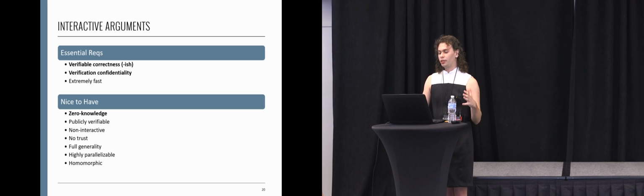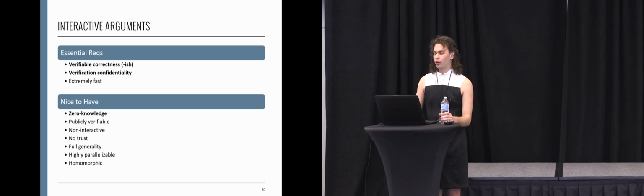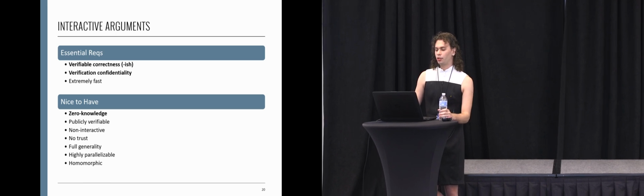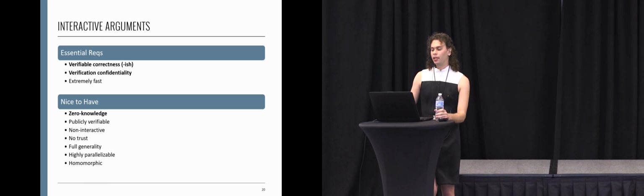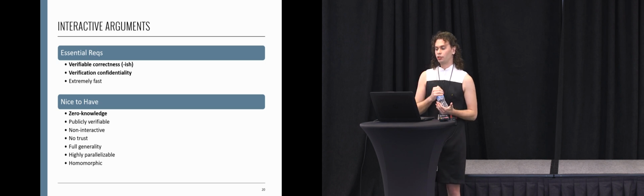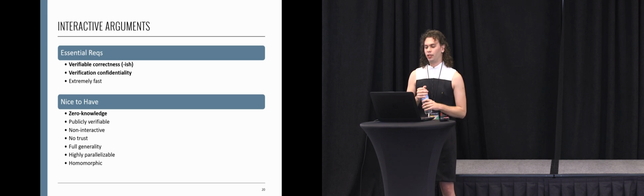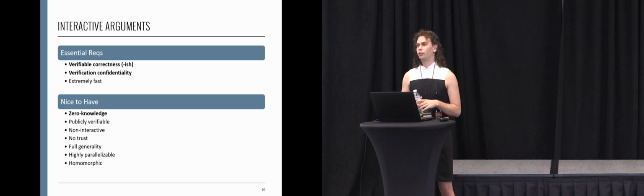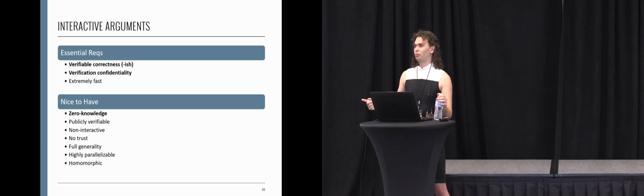Interactive arguments have the most problems of the three major avenues for application. In particular, they are not that fast, and although they're on par with the actual computation themselves, they aren't fast enough to be deployed in most applications in a realistic fashion. They also sometimes have issues with actually verifying correctness. Sometimes you can get close to that, like you can verify that they knew the right answer, but not that they told you the right answer.